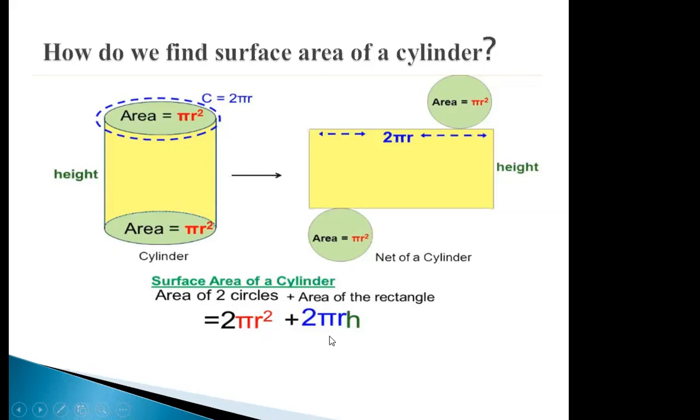Yes, Josefa, length is the longest side, that is 2 pi r. I'm taking 2 pi r because I have been turning it into a curved surface so that the end becomes circumference of circle, and height is the breadth of rectangle. Watch the video again later. Okay, let's move on.